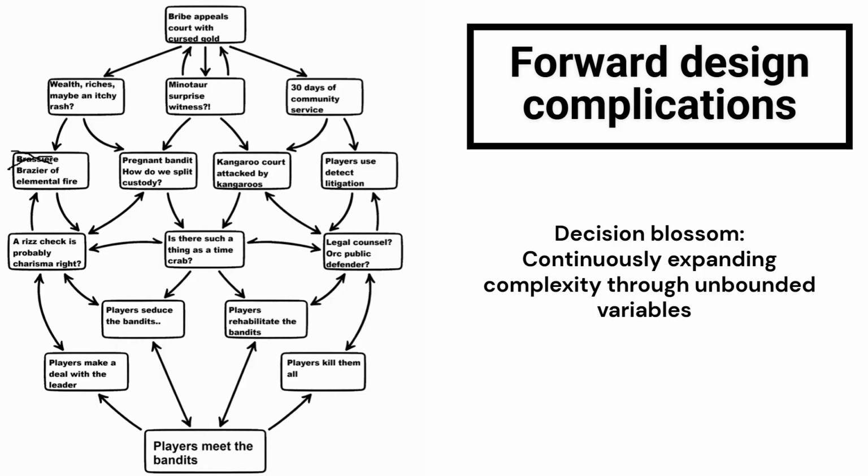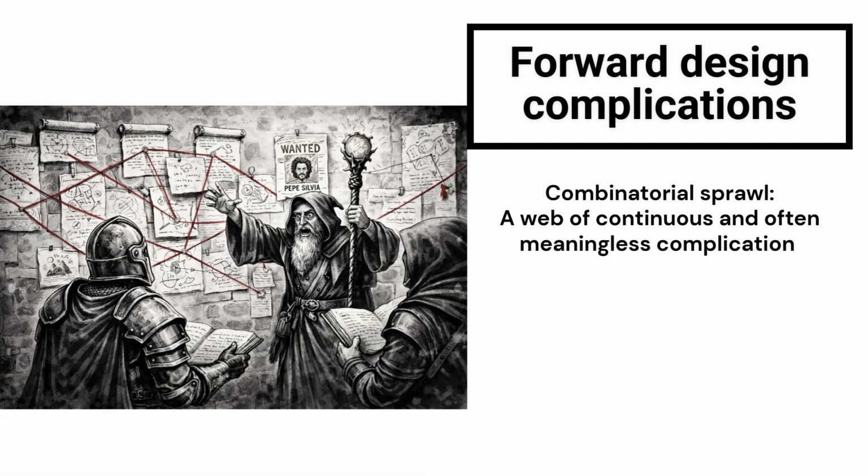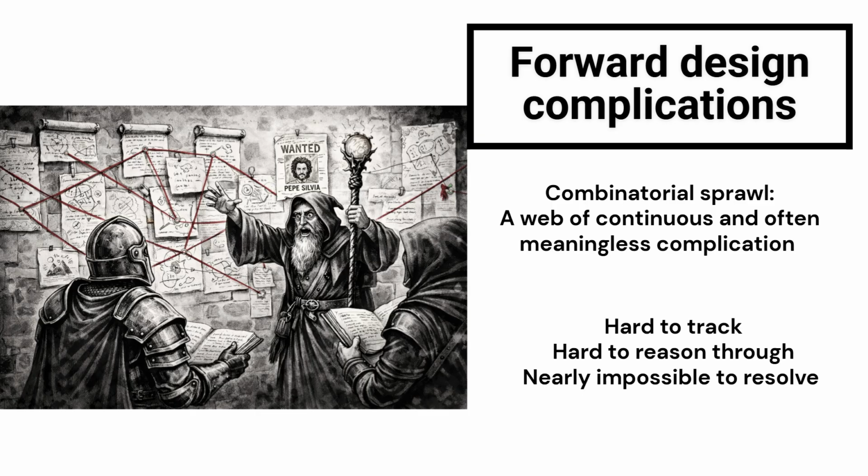Every decision fans outward. Every fan introduces new paths. Every new path introduces new conditions that must now be remembered, evaluated, and carried forward. This creates combinatorial sprawl. Combinatorial sprawl is a rapidly growing web of interconnected conditions, many of which are only locally meaningful and have no clear relationship to the eventual resolution of the story. The result is a narrative that becomes increasingly difficult to track, increasingly difficult to reason about, and nearly impossible to